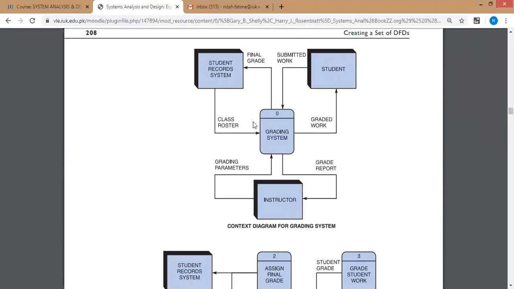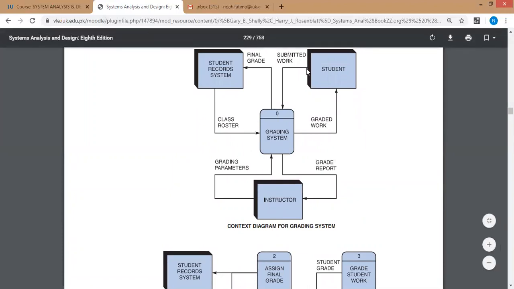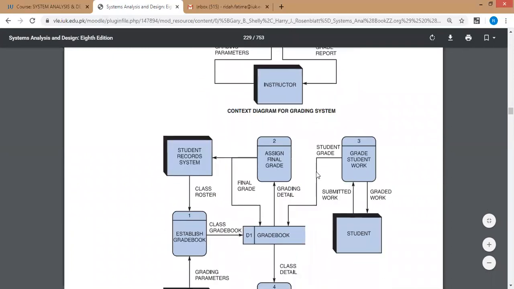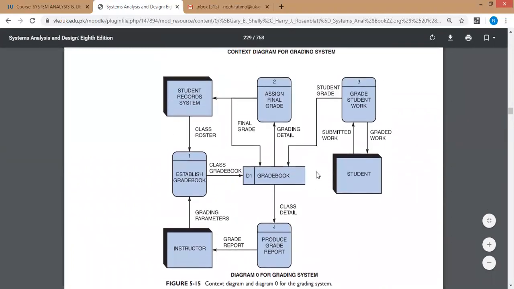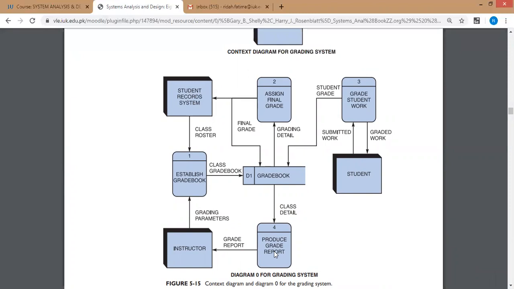Right now we're talking about the grading system, so the grading system will have these major functionalities. If you can see what is written on the arrowhead on the data flows, the same thing comes over here as a process. Not necessarily the same, but I'm just giving you an example. We have converted those functionalities which were written on the data flow into processes. Level 0 explains the major processes that are going to take place in our DFD.